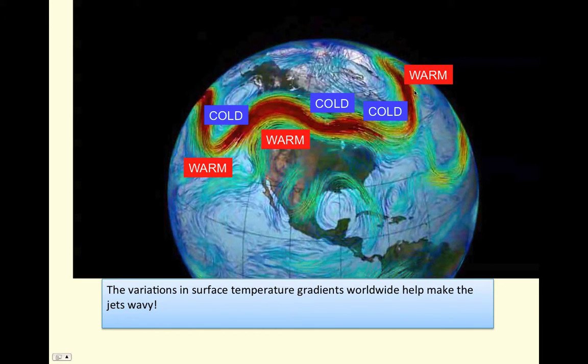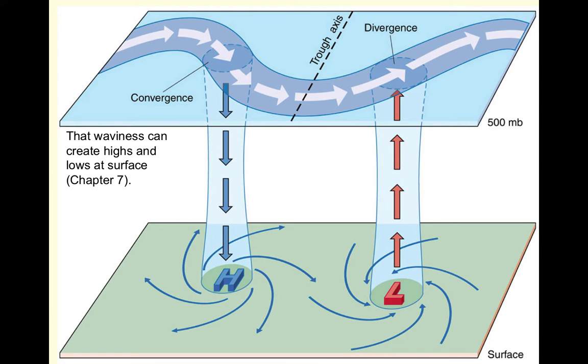Essentially, the jet stream is going to be the area that splits the cold and warm surface temperatures apart because it's formed as a result of pressure surfaces that slope downwards towards cold air. So this map again establishes a link between the surface temperature gradients and the winds aloft. We'll find out in Chapter 7 that the curvature of the jet aloft and the nature of jet streaks, which are areas where the jet's increasing in speed, can affect surface pressures.